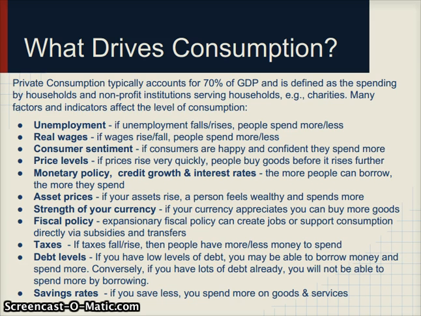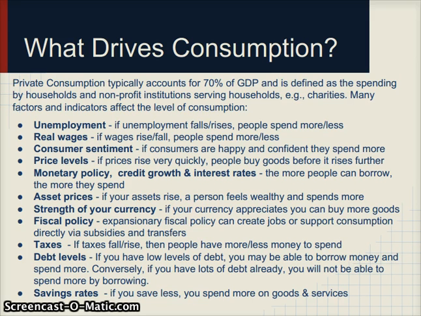When looking at understanding private consumption and trying to understand whether private consumption will grow in the future or not, I think one thing which is important to look at is debt levels. So, for example, if you have very low levels of debt, then you may go to the bank and say, look, I want to borrow some money because I want to buy some goods, I want to buy a car, I want to buy a house, or I want to buy a rug or what have you. And the bank will probably give you, as long as you have a job, they'll probably give you the loan so then you can buy that good.